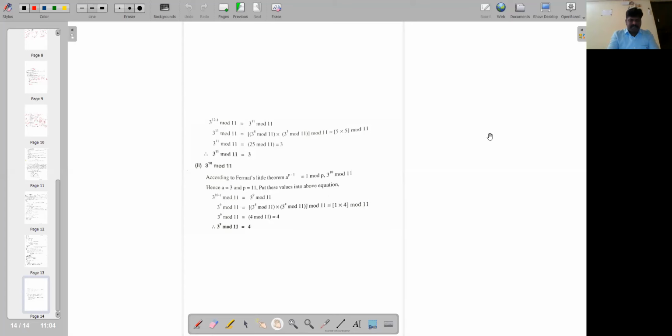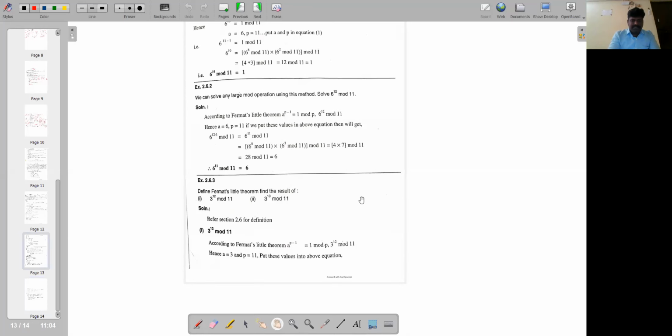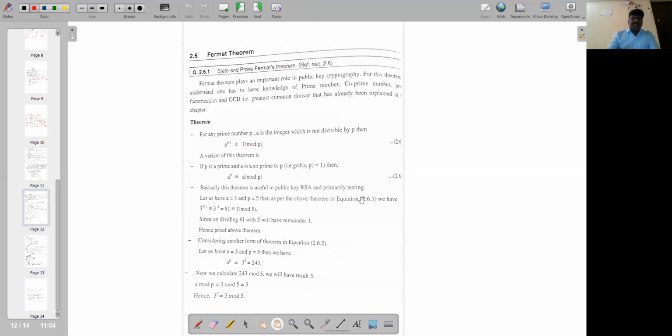During our previous session, we discussed some of the techniques related to the introduction to number theory. Under that concept, we discussed different entities like what is a prime number. Also, we discussed what is co-prime. We discussed the greatest common divisor, right? And then we discussed some of the algorithms. We discussed the Euclidean algorithm, through which we identified the greatest common divisor between the two numbers which are given.